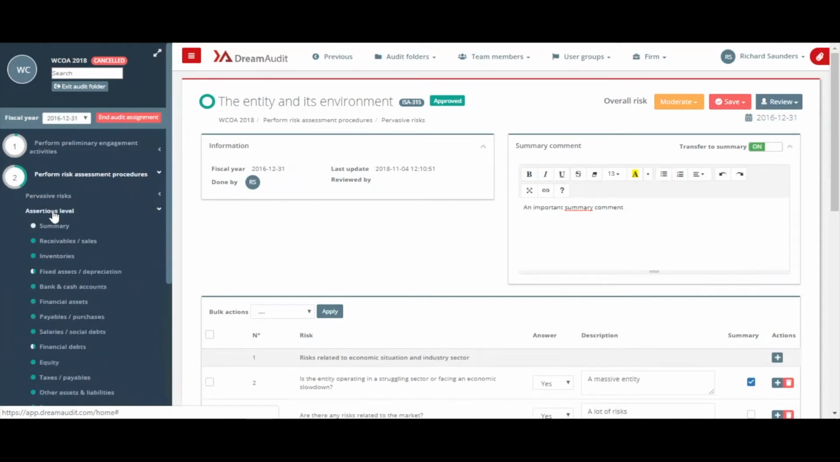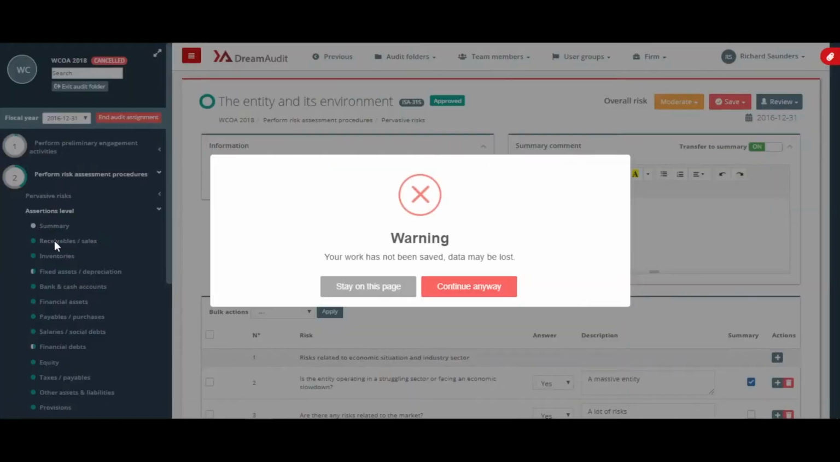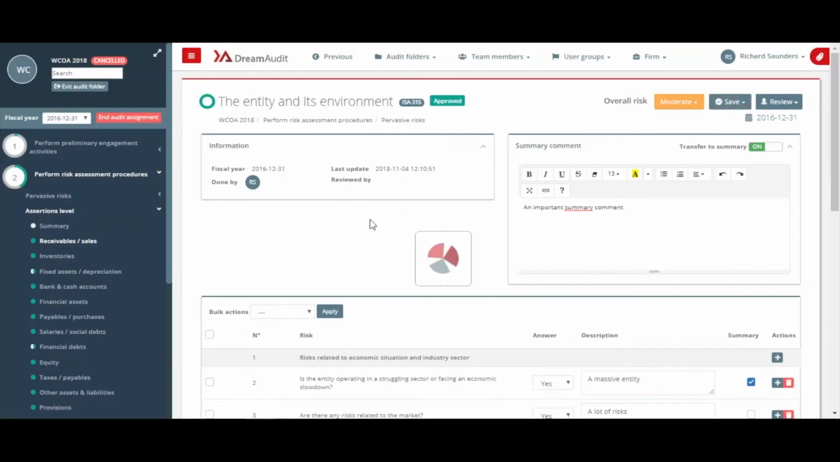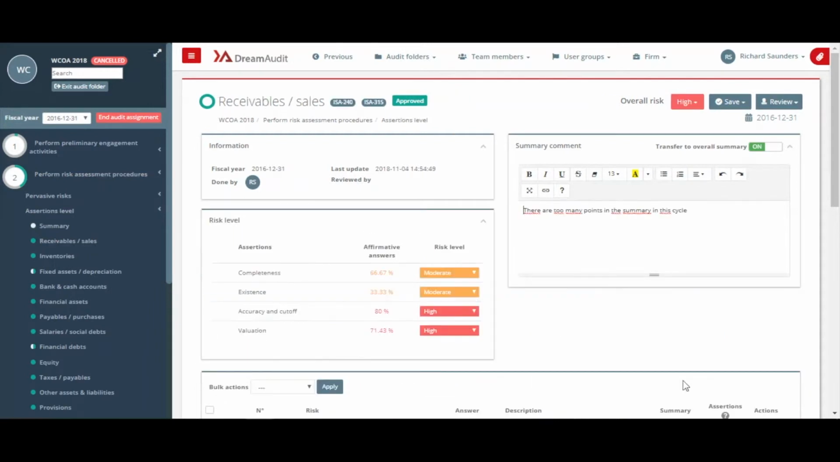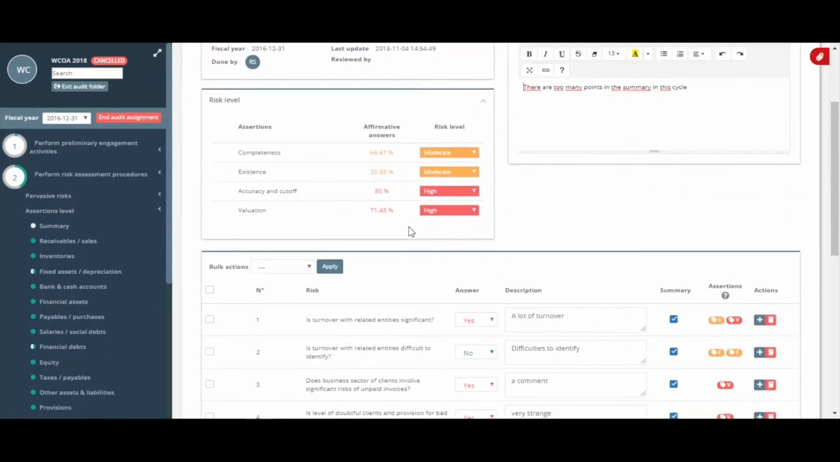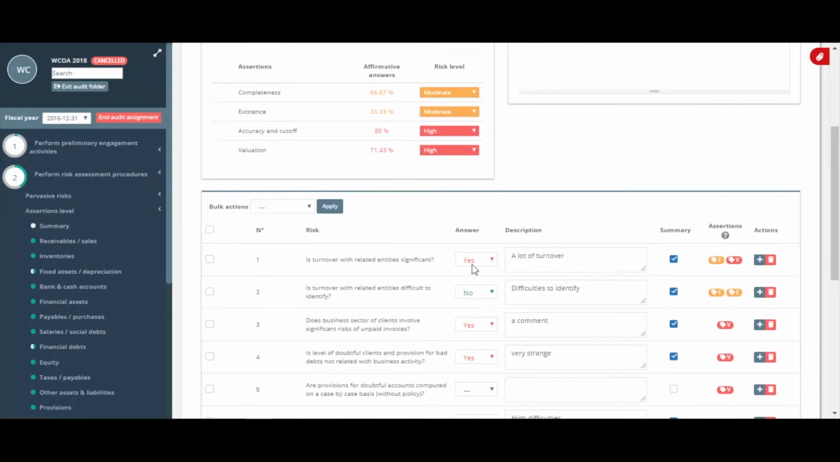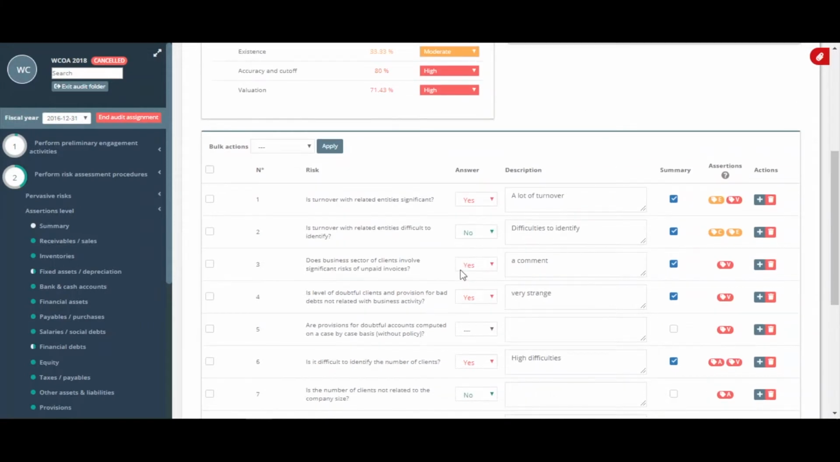If we go to assertions level, so if I go to receivables and sales, for example, I'll just continue anyway. Just show you here. As you can see, we have our risks level with our assertions. So this is very important here, because based on the questions we have and the answers we give, we either have a red yes, or a yellow or a green yes, or a red no, or a green no. And all this is in relation to the amount of risk that is involved, linked to each